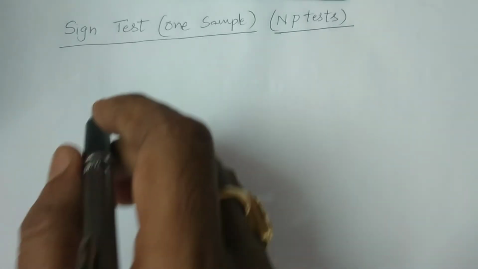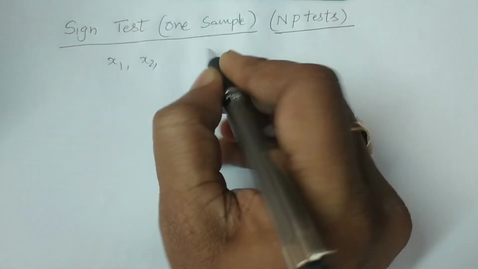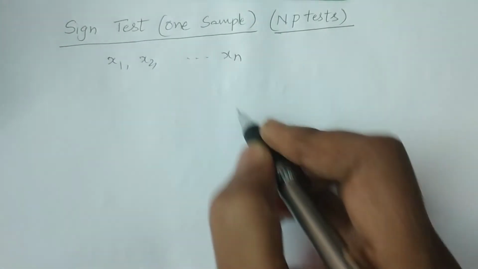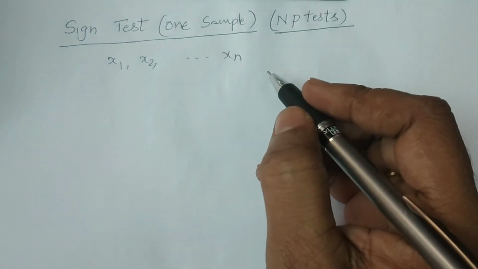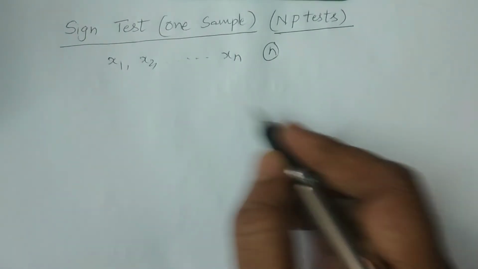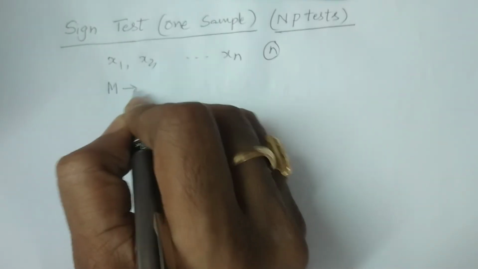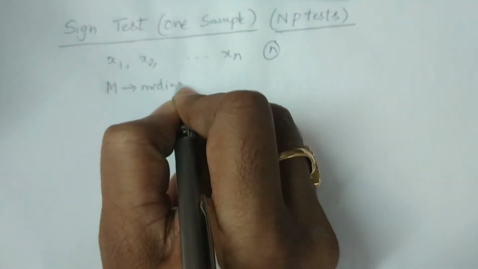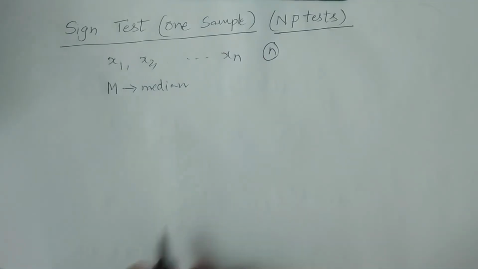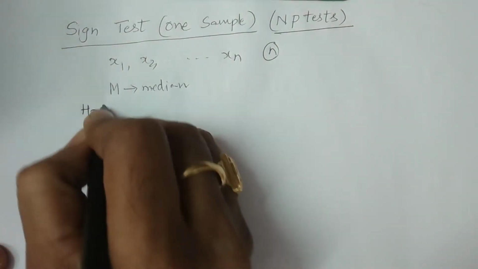For example, you consider a random sample x1, x2, and so on, xn, a random sample of size n drawn from a population. So let us consider M is the median which is calculated for this sample. Okay, for this sample. And for example, now if we consider the null hypothesis H naught,